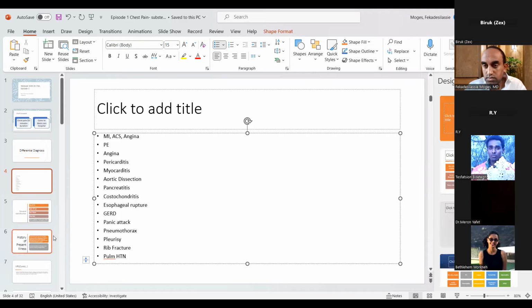Hello, everyone. I hope my voice is audible. Yes, Bethlehem, go ahead, please. So the reason I considered pancreatitis, particularly acute pancreatitis, in this patient was that it is more of a substernal pain. I'm assuming substernal is equal to the epigastric type of area. So that's why I considered it, but I'm not sure.